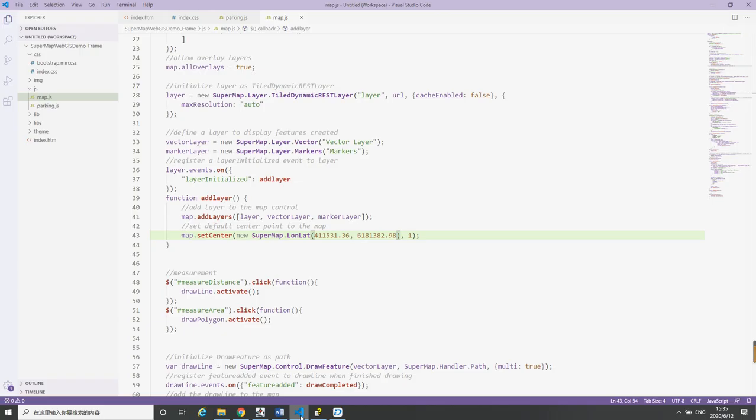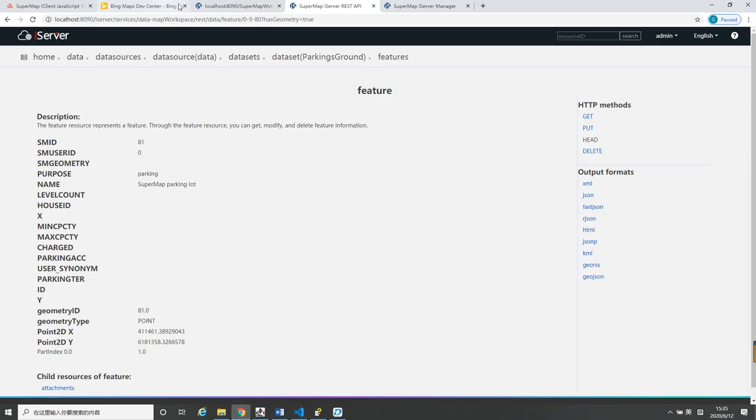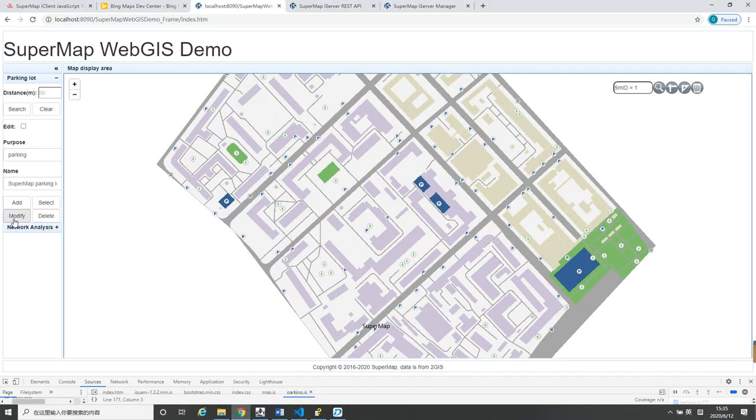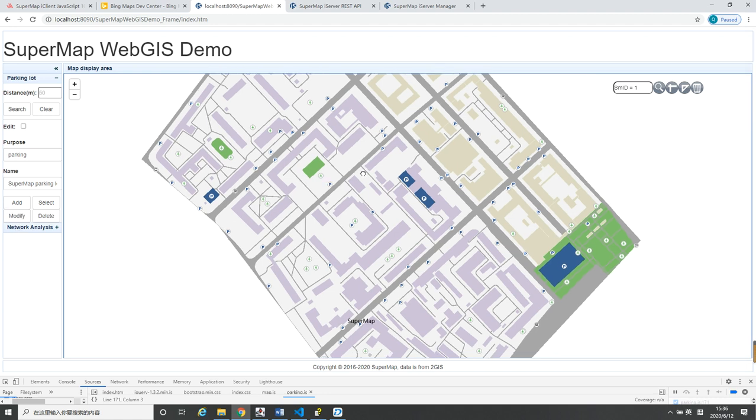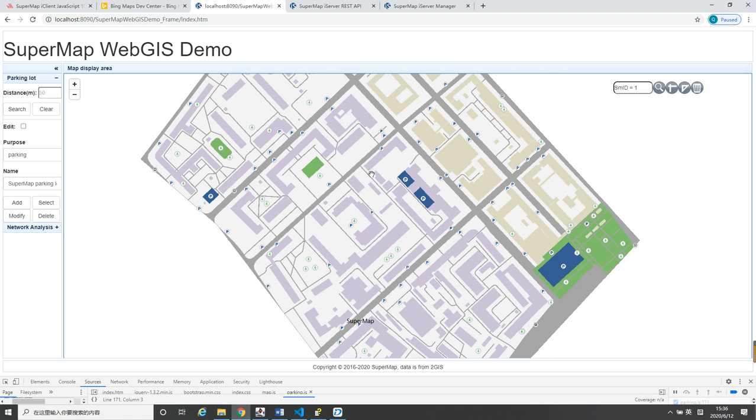The next thing we are going to do is organize and modify the attributes of the parking lot. Before we modify a parking lot, we should select one parking lot. Even though we can see, if we make the parking lot editable, that we can